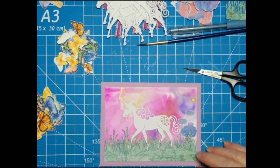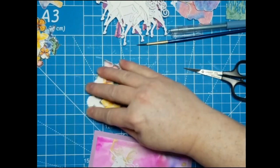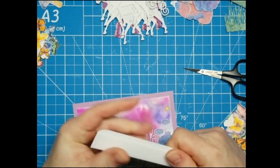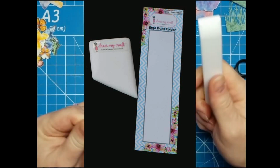All right, so let's pick out a butterfly. I'm gonna set this pile aside because I still need to trim those up a little bit. Pull these back over and get my bone folder. I need to get one of those little, they're kind of like an odd triangle. I'm not good at geometry. I think that's what it is, but